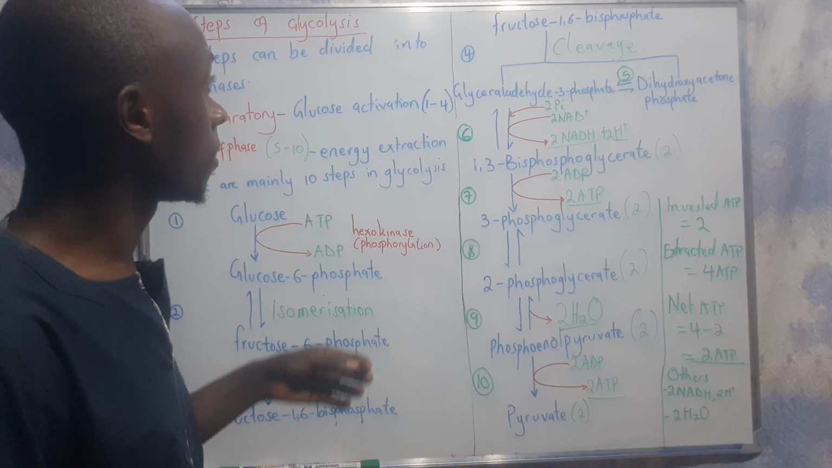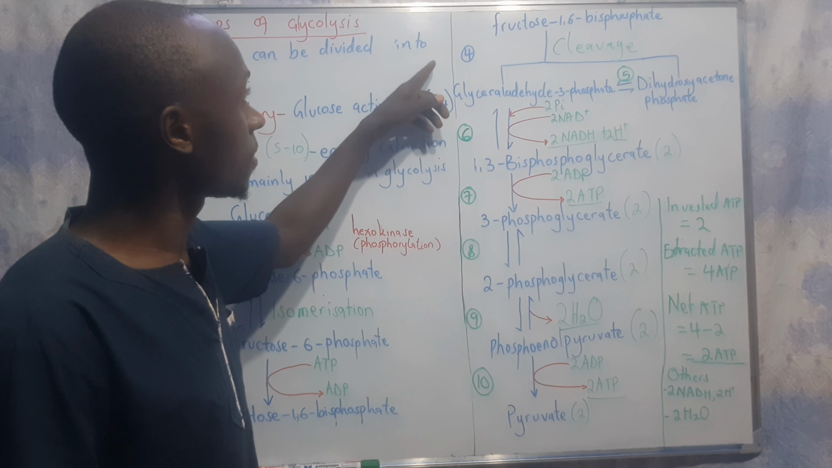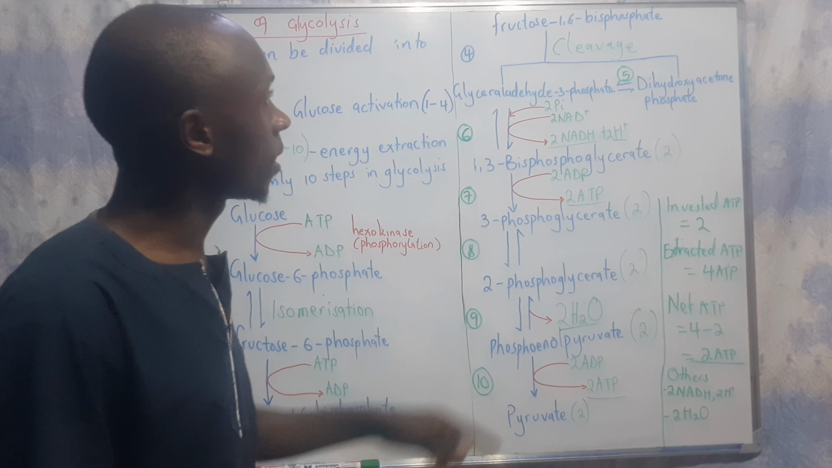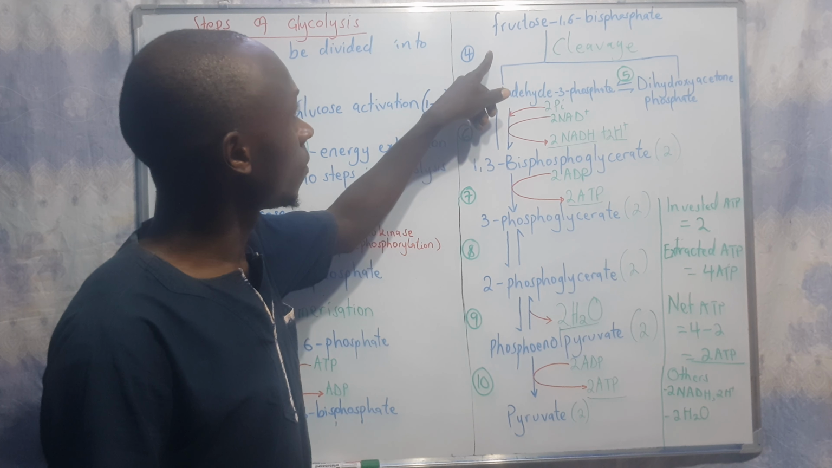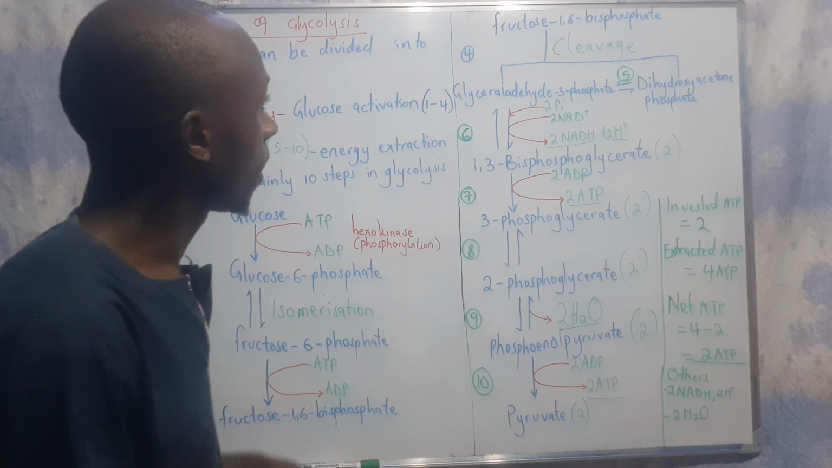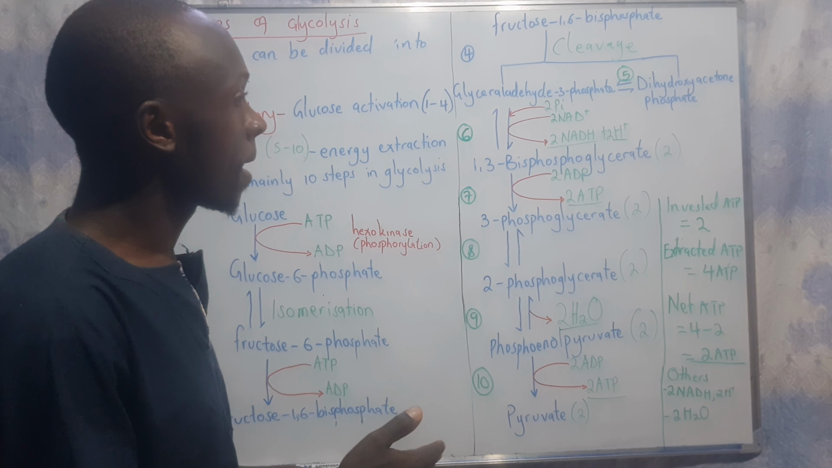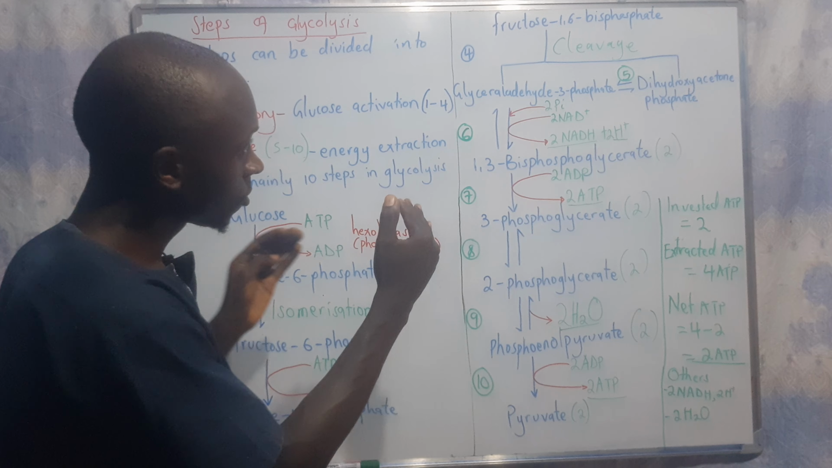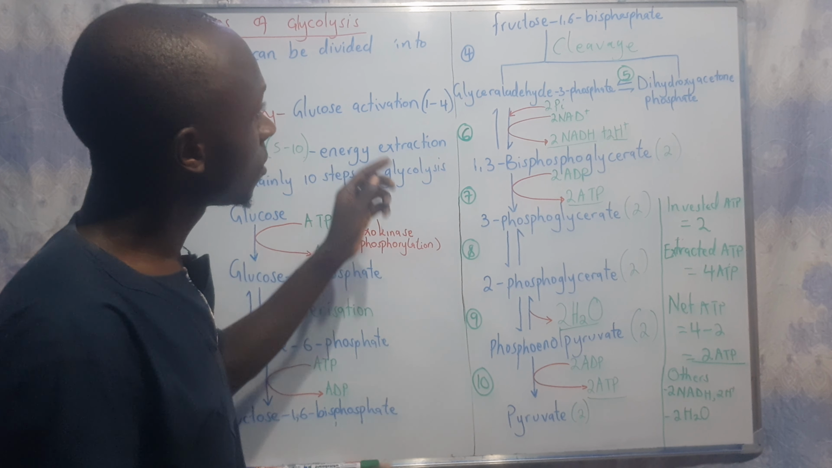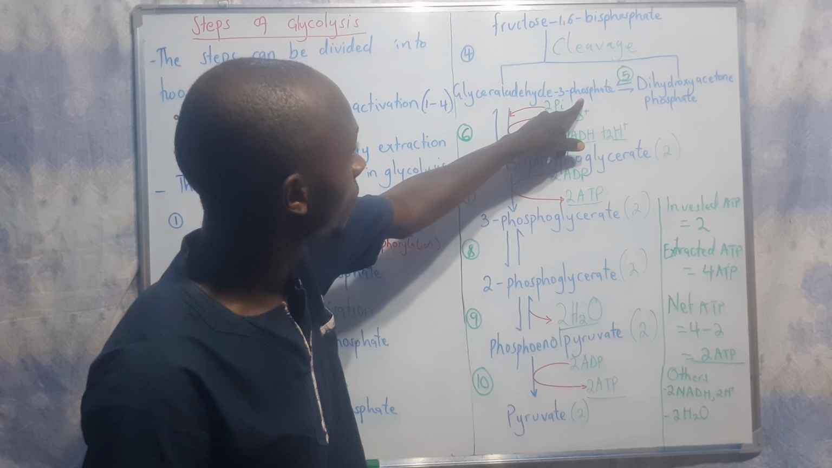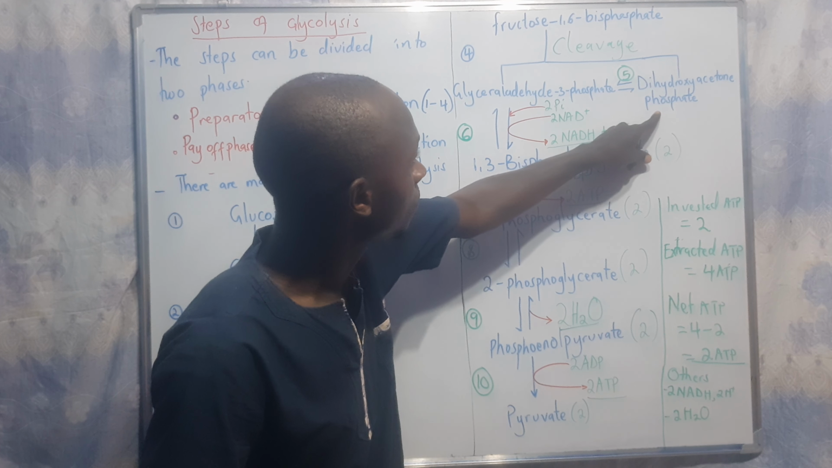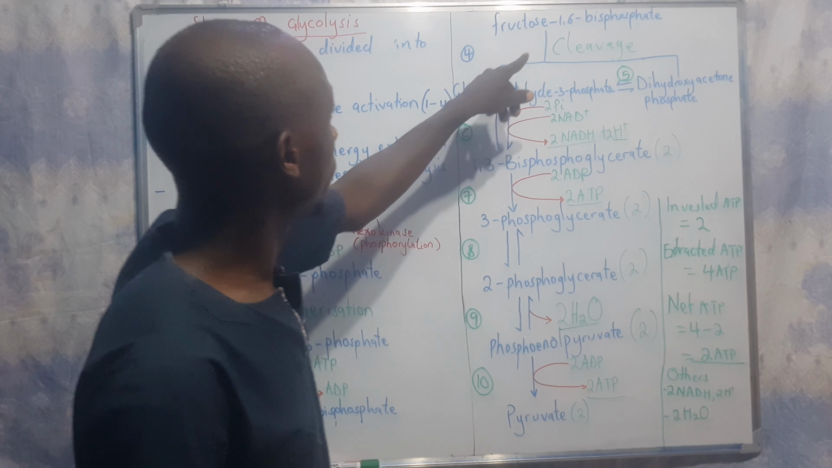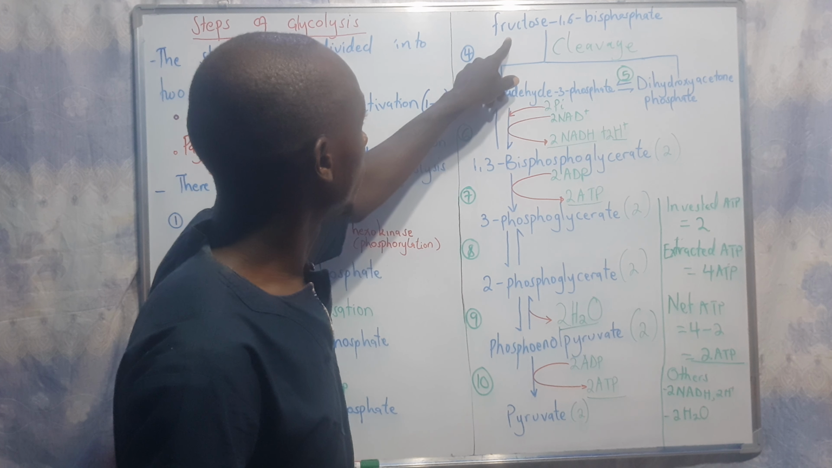So when we go to the next stage, stage 4, we are going to have the splitting, or we can call it the cleavage, of the fructose 1,6-bisphosphate. In this cleavage, the two molecules produced are each going to be holding a phosphate group. That's why we initially had two phosphate groups on the fructose,